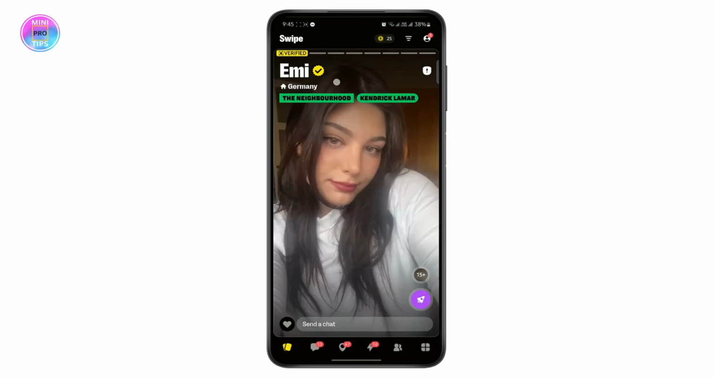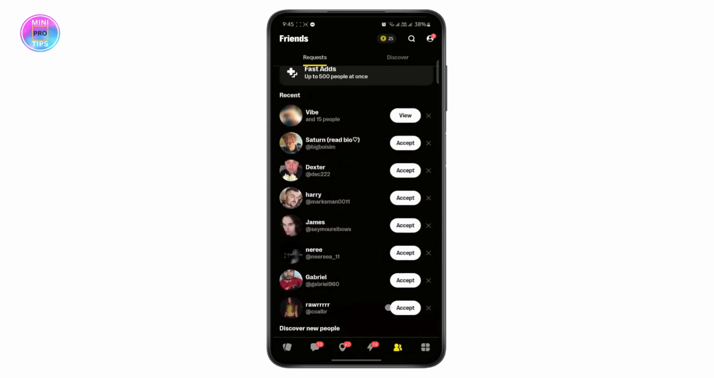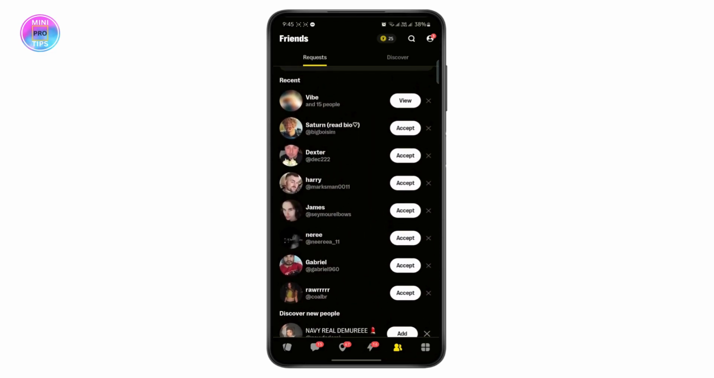Once you have signed into your account, you can see at the bottom of the screen there are many tabs. The swiping tab, the messages, your location, and many more. You can just tap on this friend icon right here, and from here you can see all of the incoming requests. You can accept the ones you like,